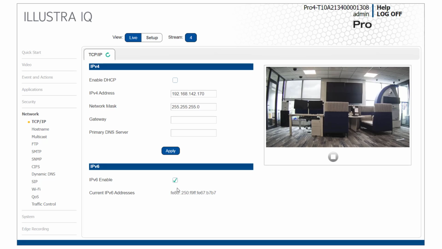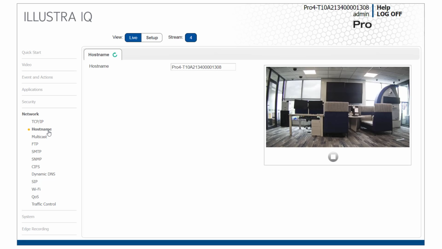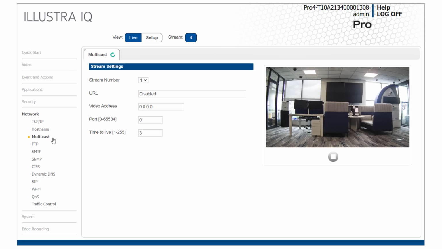as shown on screen. Our second submenu is Hostname, where you can create a specified camera name, which will be displayed then at the top of the web GUI. Then you have the Multicast submenu. Here you can configure a specific stream to cast to multiple locations at the same time, for example 2 separate